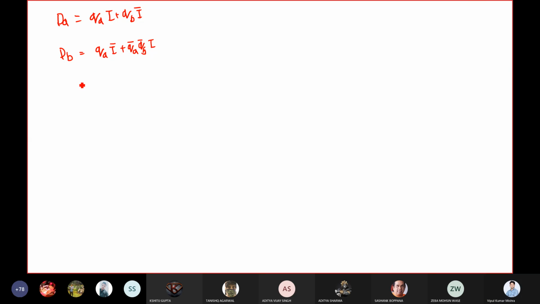Now, I want to make a circuit for this. As we have seen previously, we can make a separate circuit and then utilize that circuit. So let me make a module. Here you have inputs QA, QB, and I, and outputs DA and DB. This maybe you can say is my X circuit, right? Which will realize these two equations. So how will this circuit look?